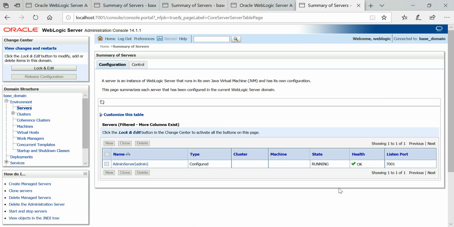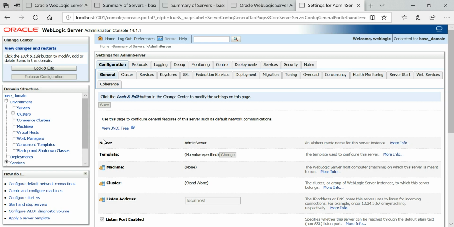Here we can see the details of servers. As of now, we have created only the admin server. It is in running state. Health is good. If you want to see the WebLogic version, you can click on admin server, monitoring.